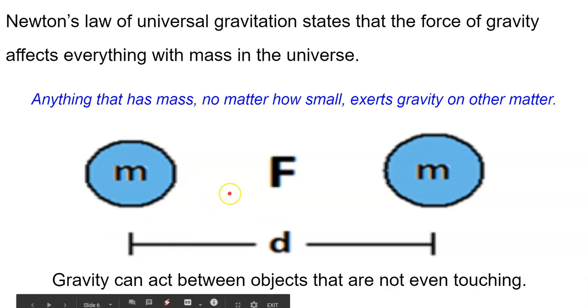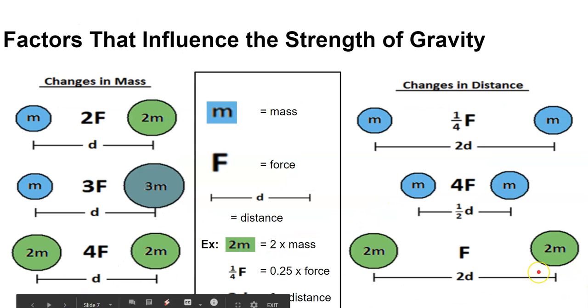So, I have a little key on the next slide that talks about what F, d, and m are, but these are the main variables in gravity, and that's something you went through in your PhET lab yesterday or the day prior, and talked about these two items. And so we're looking at the factors that influence the strength of gravity. In that PhET lab, when we changed the mass, what happened? When we double the mass, 1m to 2m, what happens to the force? And this is with distance staying the same.